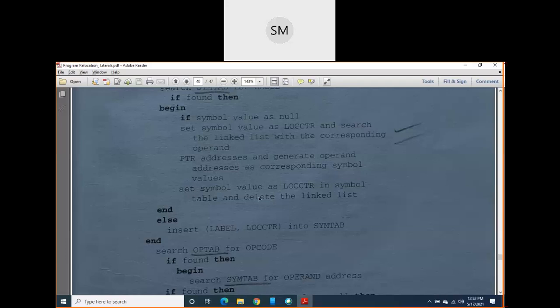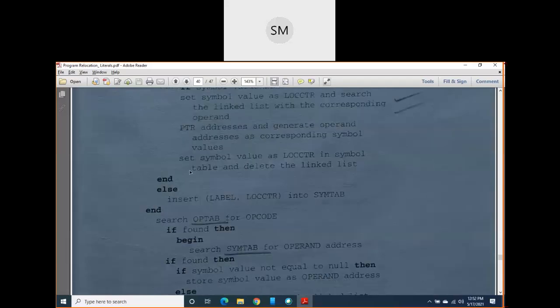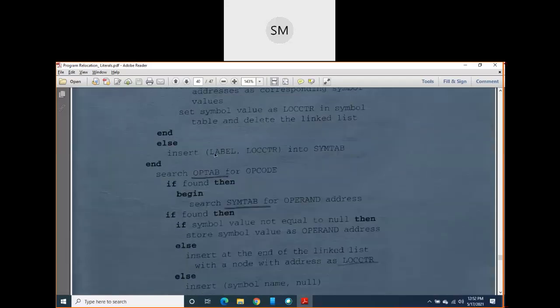Only this portion is new for you people. This only you should understand. Then set the symbol value as the location counter in the symbol table and delete the linked list. Whenever the symbol is defined, at that time you have to remove or delete that linked list. So end else, insert that label.